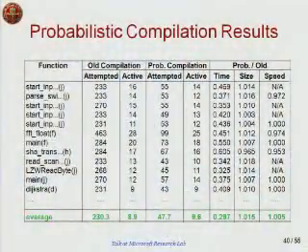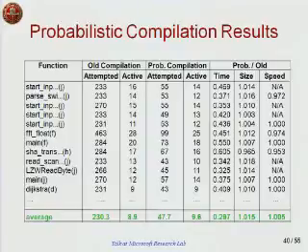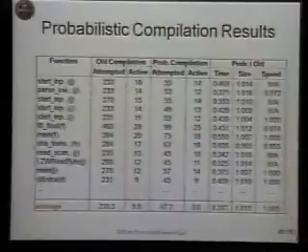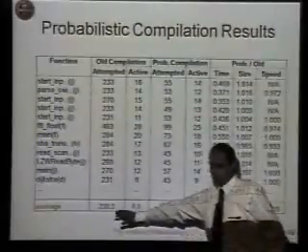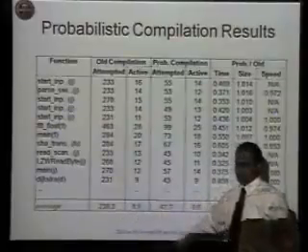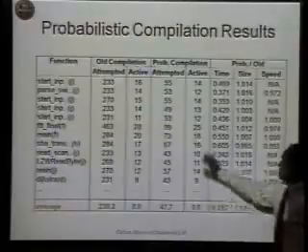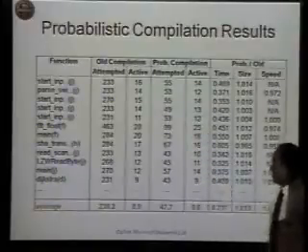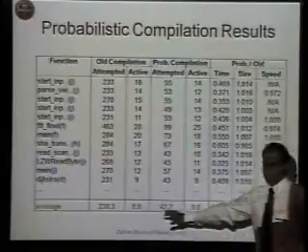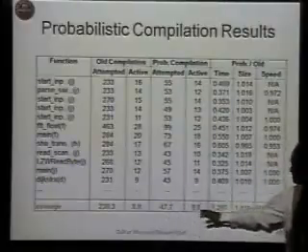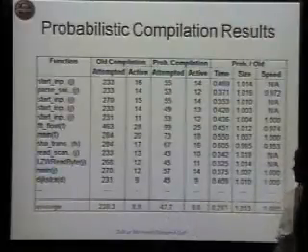But here the main thing was making the compiler faster. So we wanted to reduce the number of phases that could be applied. This compares the old compilation with our new probabilistic compiler. As I said, in the old compiler, there were a lot of phases which were attempted. Many of them were dormant, so very few of them were actually active. In our new probabilistic compiler, we actually reduced the number of attempted phases while still maintaining the number of phases which are actually active.